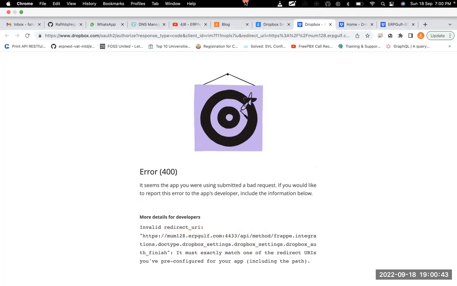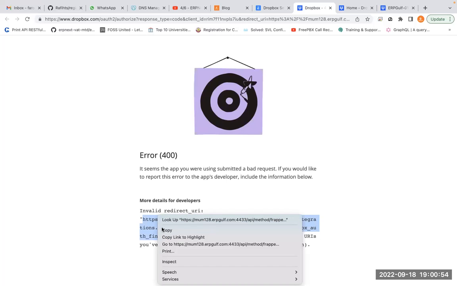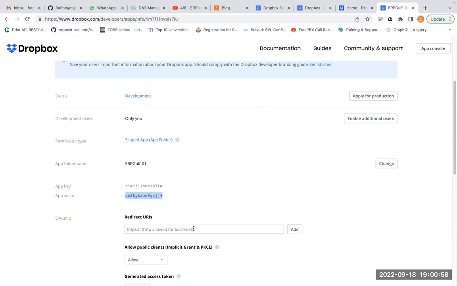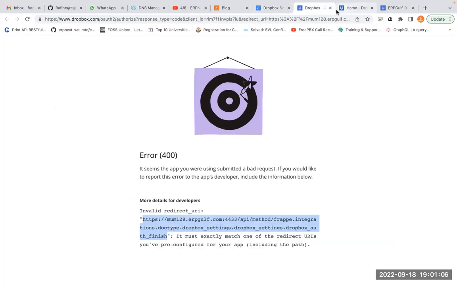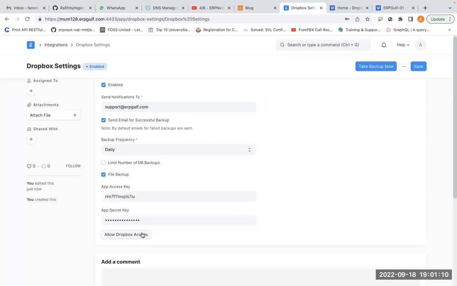You just copy this part, copy this part and paste it here on the app mode, redirect URI, and add it. Now, if you come back here, close this window and do this one again,